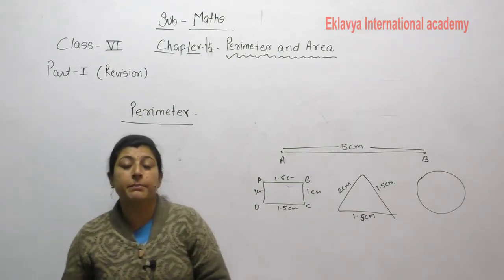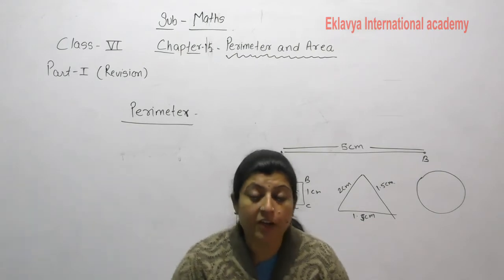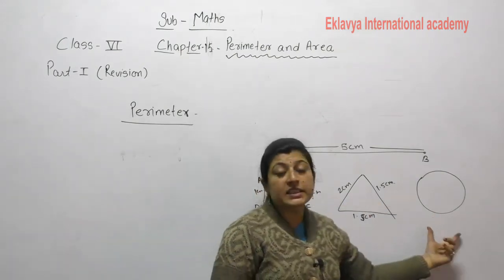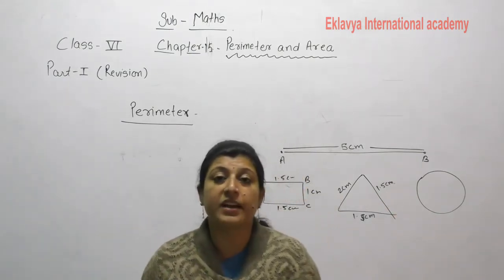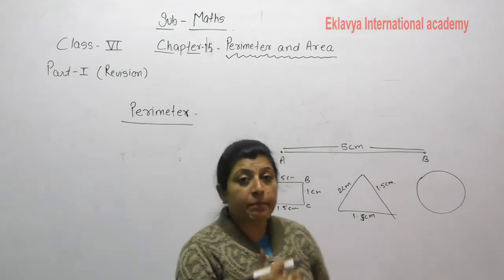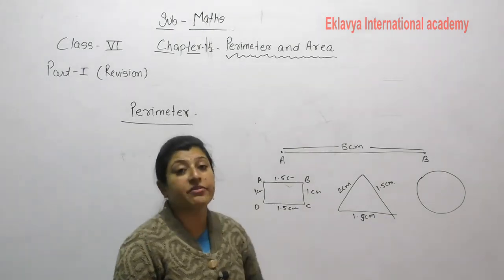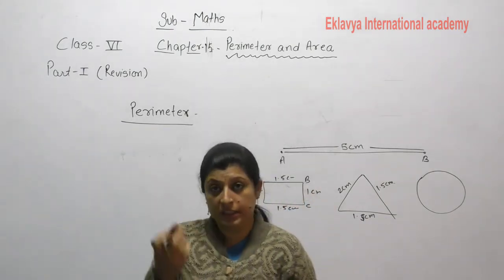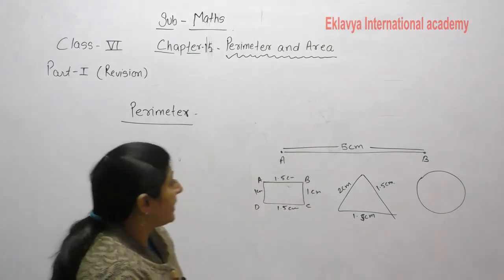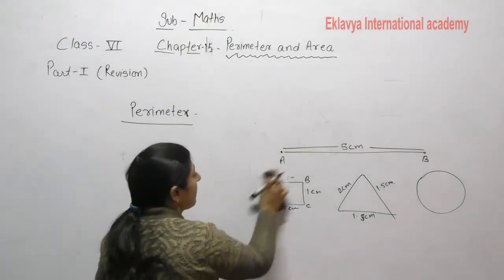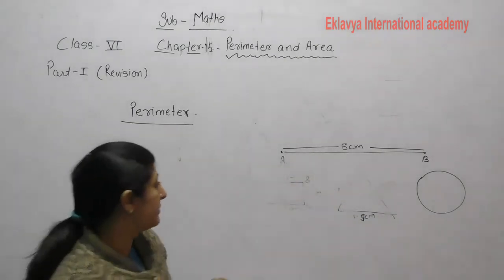Different shapes can have the same perimeter, because they have been made from a wire of the same length. Because we took what? We took a wire of the same length, so then we can draw any type of plane figure from the given length of wire. And we know that perimeter is equal to the sum of all sides. It means we will add all the sides and you can find out the length of the given closed figure or given wire. Okay, in perimeter we will find out the perimeter of some closed figures like triangle.